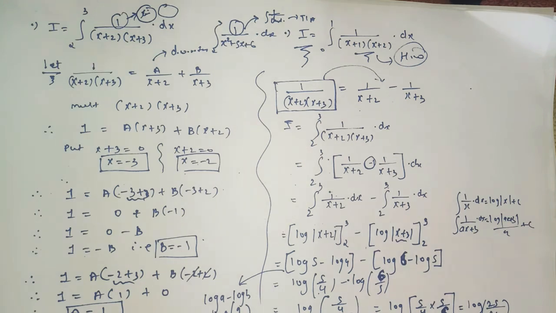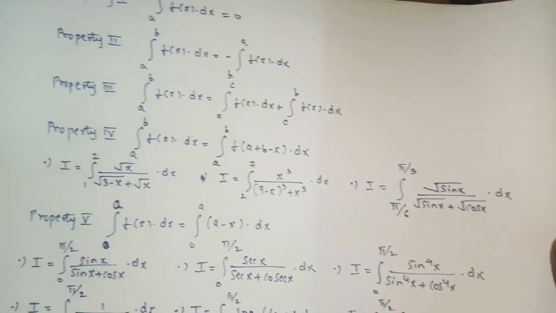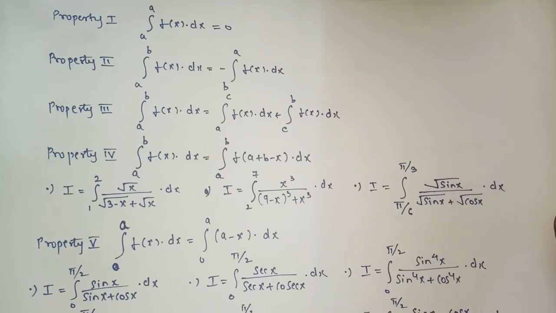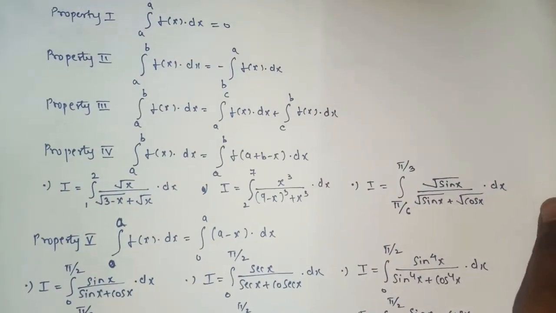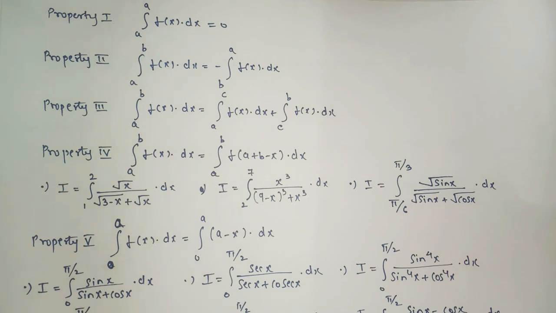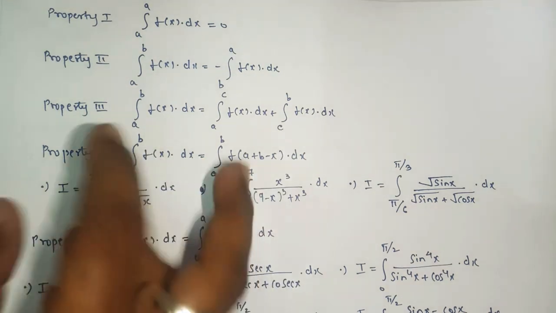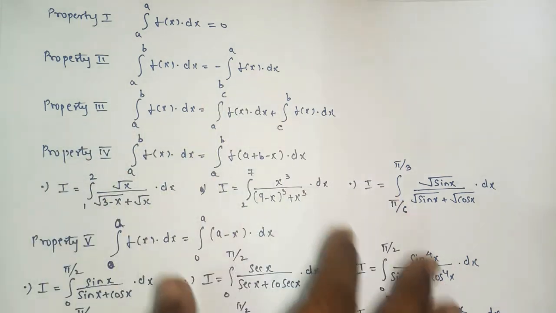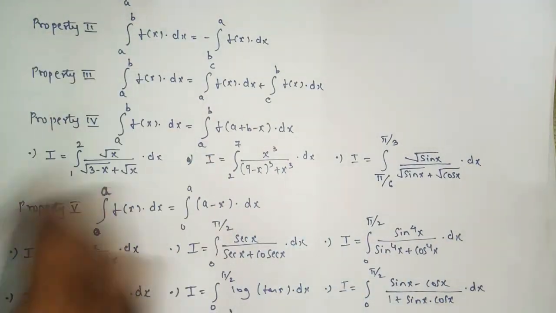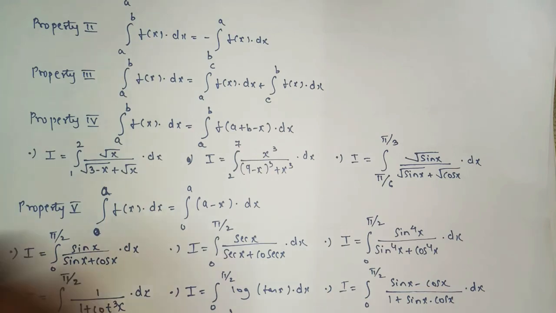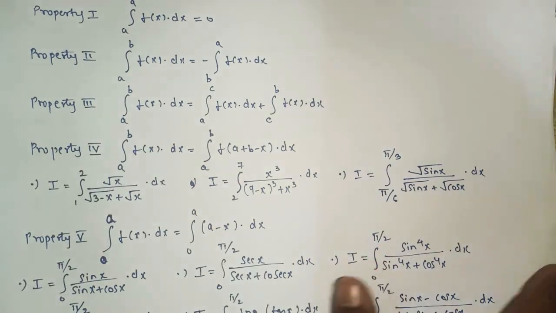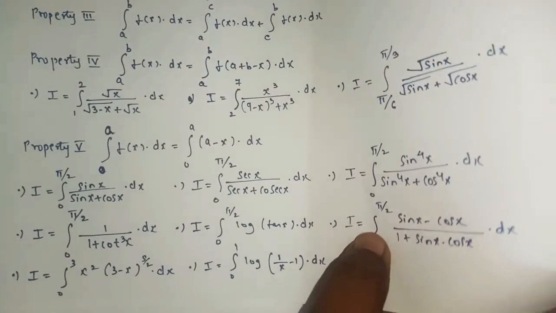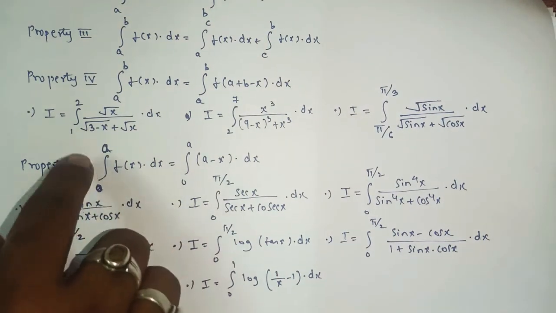And we are left with the last part of your definite integral, that is based on the properties of definite integral. As I told, there are 7 to 8 properties. Okay, in that also 3 or 4 properties are selected which are very important, and in the exercise, when you come across it, the sums are based on only those 3 or 4 selected formulas, not on all the properties. As here clearly we can see that property number 4 is very important as there are lots of sums. Okay, and even property number 5,